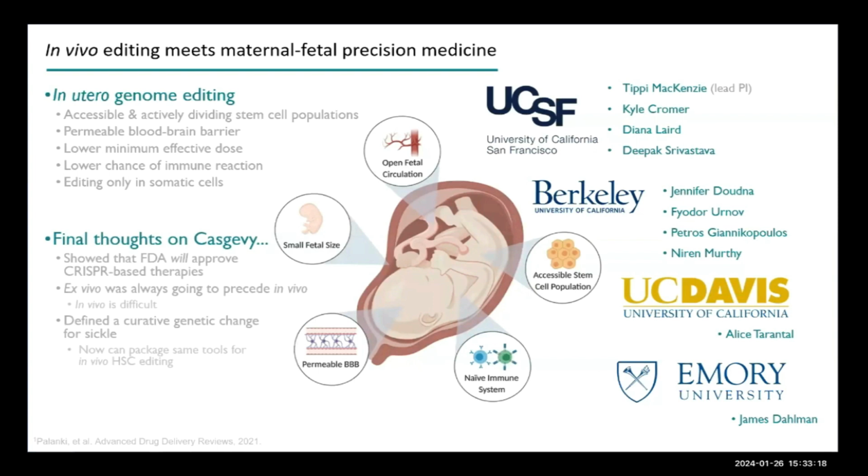And then finally, I also don't want to end with such negativity about Casgevy, because it was a huge landmark. It did show the FDA will approve CRISPR-based therapies. Of course, the very first one would have been ex vivo. This was always going to precede in vivo editing, and in vivo is really difficult. There are other challenges. Now, when you isolate your HSC population in a dish, edit them, they're easy to edit, and you're not putting other cells in the body at risk of editing that won't impact your disease. And so ex vivo, while expensive, does solve that problem. In vivo editing runs the risk of being delivered to all the other cell types of the body